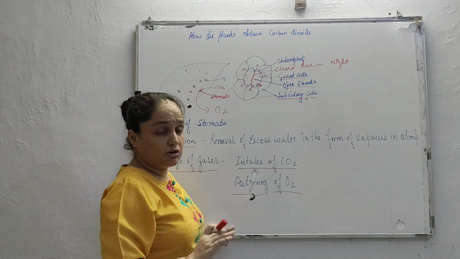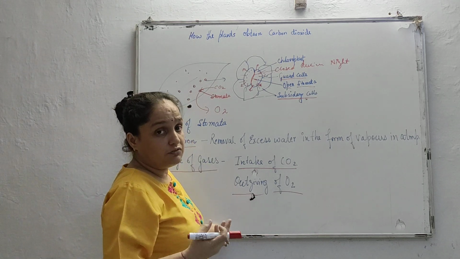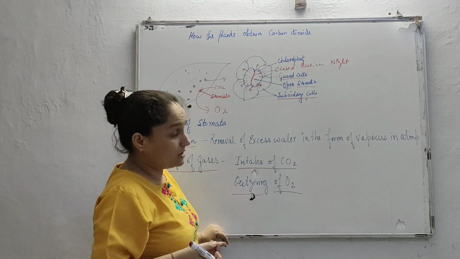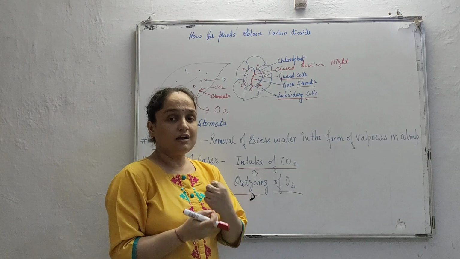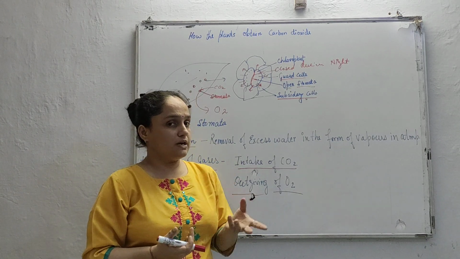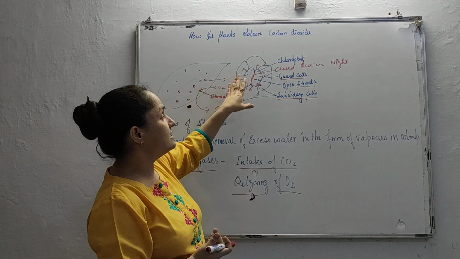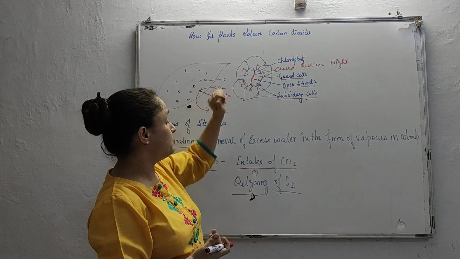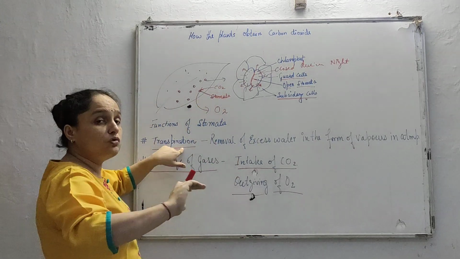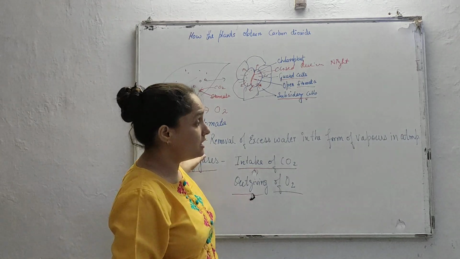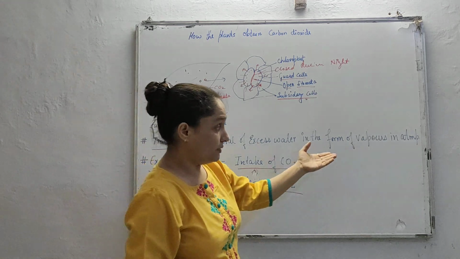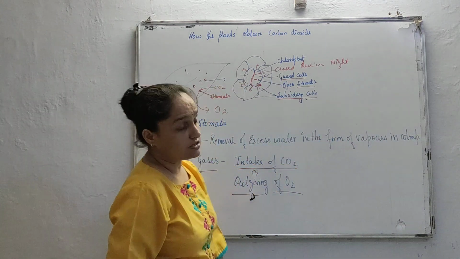But during the day, because of the presence of sunlight, there will be a loss of water from the surface. How is that loss of water released? We have tiny pores on our skin, so it releases sweat. In the same way, plants release their excess water through these tiny pores, which are the stomata. So the first function is to remove the excess water from the surface of the leaf in the form of vapor into the atmosphere. This is known as transpiration.